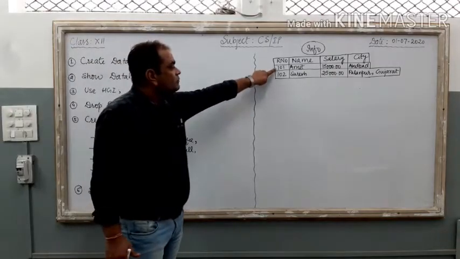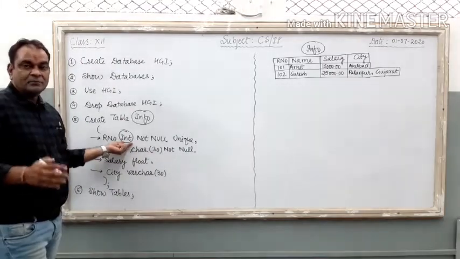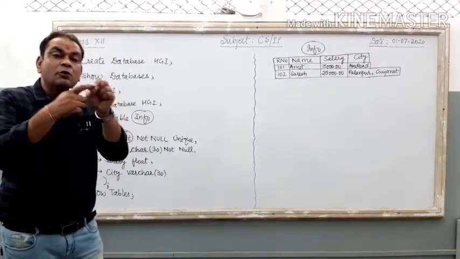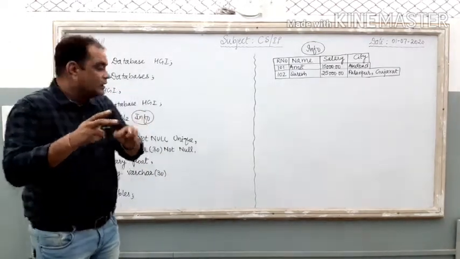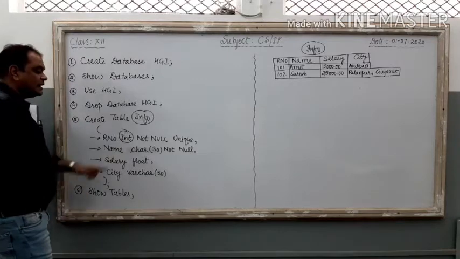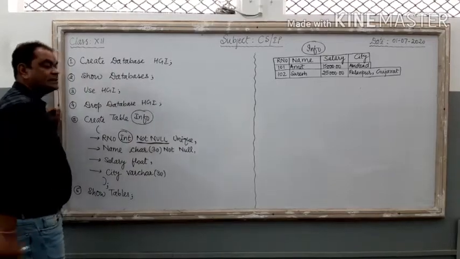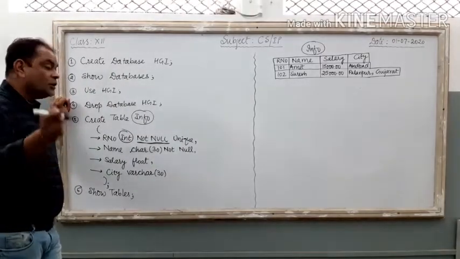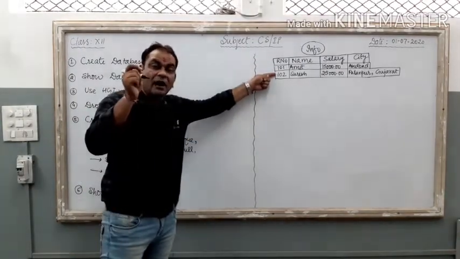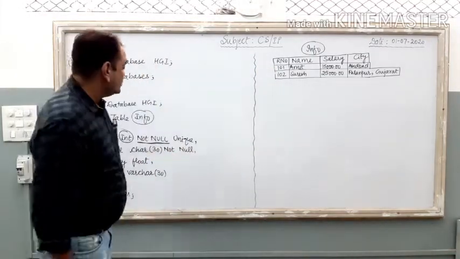Just check it out. 101, 102, non-decimal values. So for non-decimal values we use integer. If we want to store decimal values instead of non-decimal, for decimal values we have the float data type, we have the double data type. These two data types are related with the decimal value. So here integer is the data type of this column. Now just see, not null, it is the constraint, it is the condition of the column. If we put not null, it means we have to assign, we have to give a value in the column. It is compulsory, we cannot leave it blank. So it is not null.